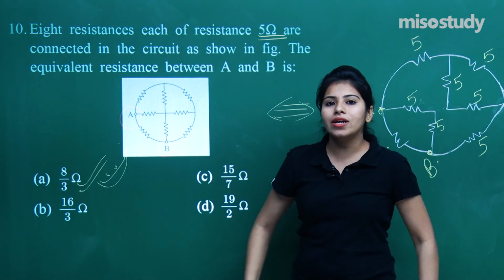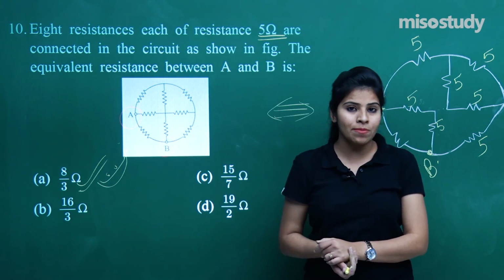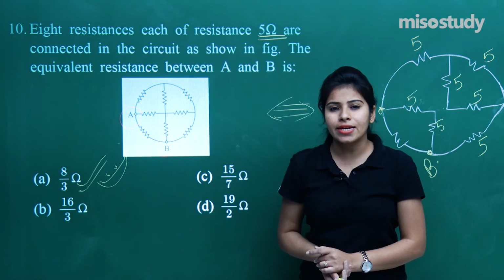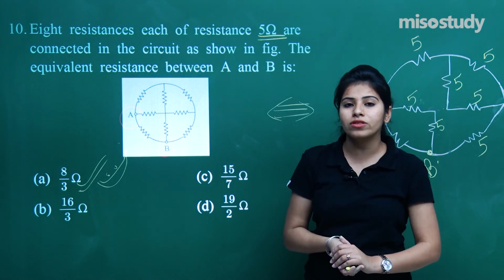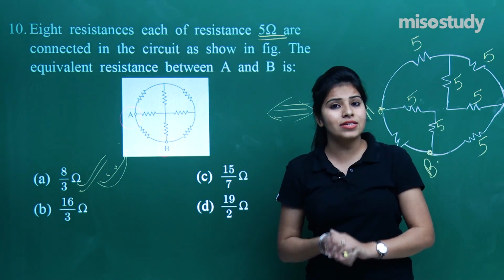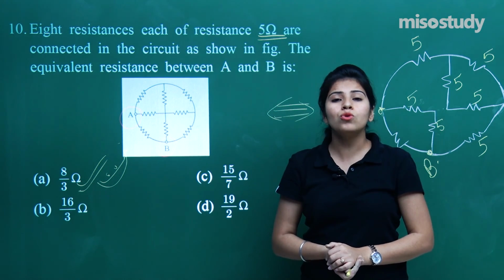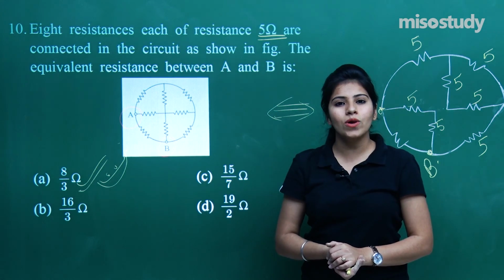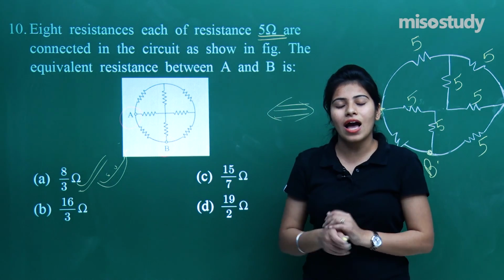Okay, so we are now done with the session where we have attempted the 10 questions based on the NEET pattern for the chapter current electricity. We will be meeting again in the next session where we will be solving for the JEE Main pattern and JEE Advanced pattern. Till then, keep practicing, keep revising and do more and more questions so that you will have fluency in solving the questions very smoothly.